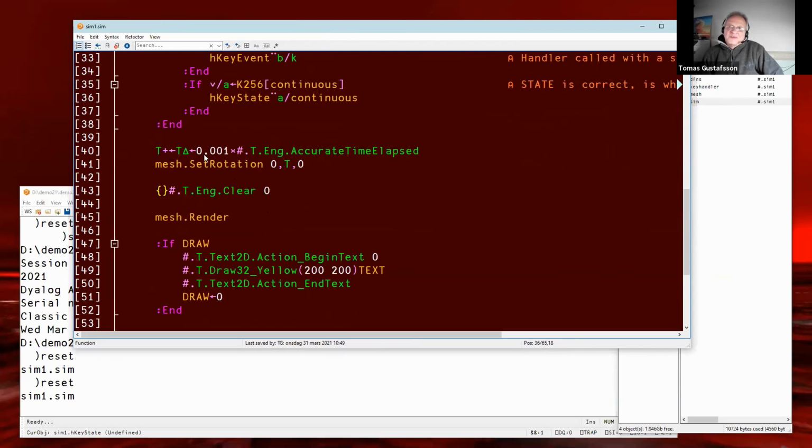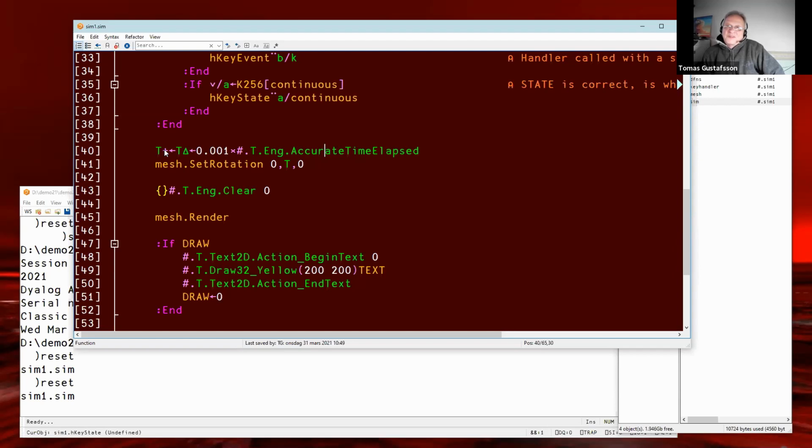Do something with the time. We need to count time in a 3D simulation all the time. We count microseconds. And the engine is able to tell us how much time has passed since we were here at this very row last time. It may be 0.00 something seconds, for example.